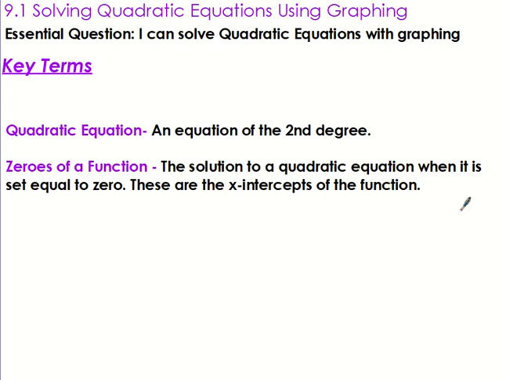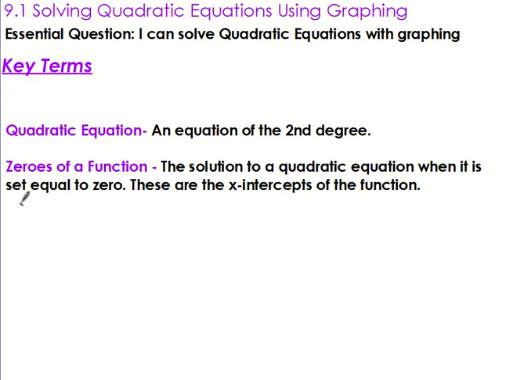So quadratic equations, again, are equations that have a second degree. That's when our highest degree is 2. And then we have these zeros of functions. The zeros of functions are the solution to our quadratic equation when it is set equal to 0. So what it means by set equal to 0,